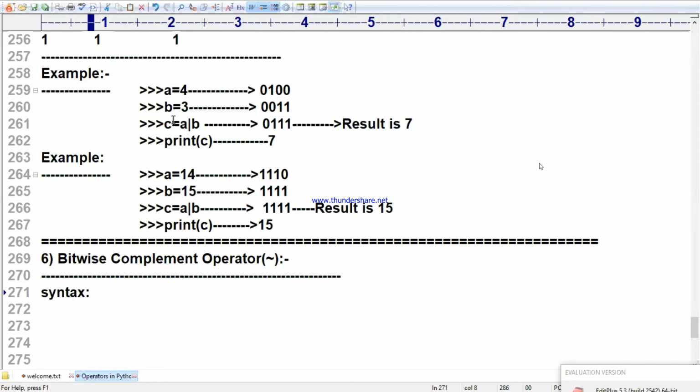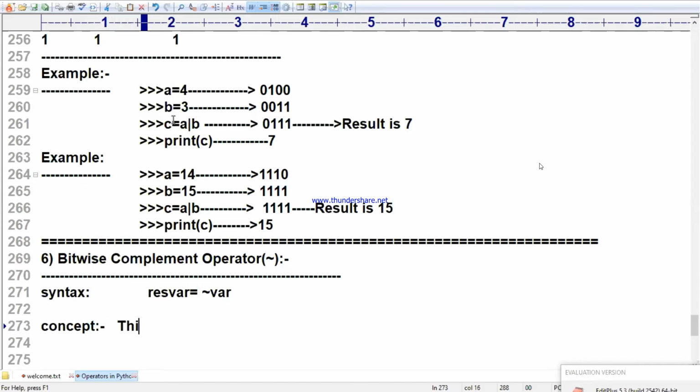What is the syntax I am giving? See, syntax I will give you is resultant variable, or directly you can write res variable is equal to, I will say like this, complement operator, variable name, or simply variable. Now I am saying concept is what you know, concept. I will tell you the simple thing.